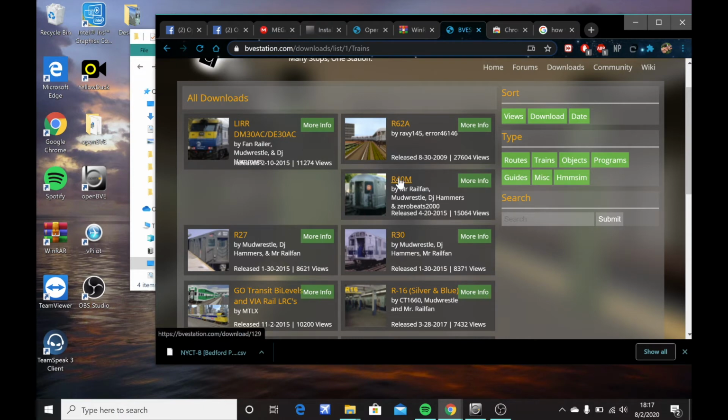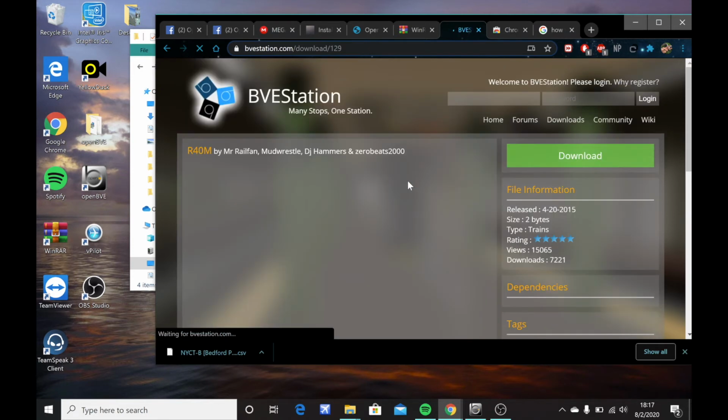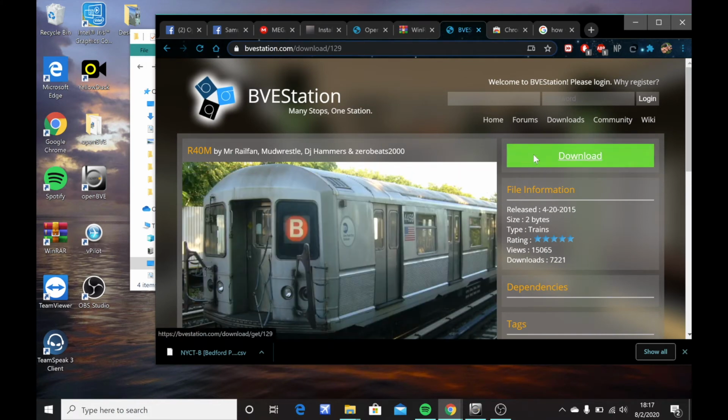Let's say, for argument's sake, the R40M has already been released and it's completely new and no one's ever had it. You're going to want to go to R40M. This is made by Mr. Railfan, Motor Wrestle, DJ Hammers, and Zero Beats 2000. So credits go to them. So we're going to click on this link. Go to download,